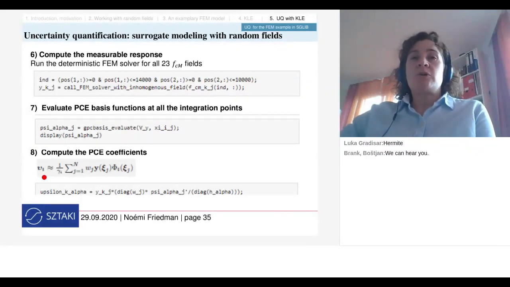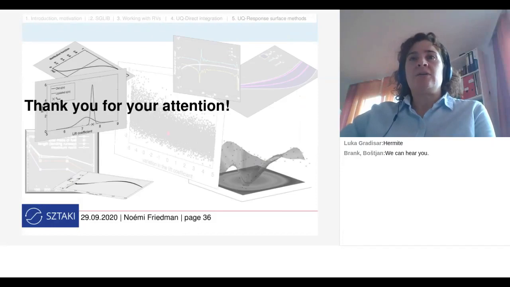This is the way I compute the coefficients from orthogonal projection, which is evaluated by approximating the exact value with a numerical approximation, where these are my PC basis functions, the Hermite polynomials that I showed you. These are the nodal displacements computed at the specific integration points, and these are the integration weights which are given by the integration rule. So its computation goes really easily with one line, and then I get a PC approximation of the